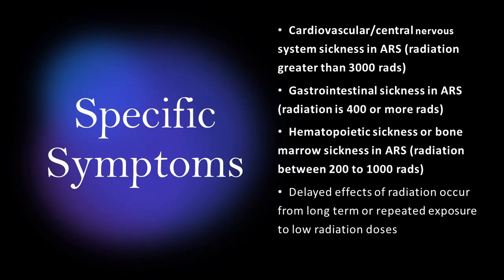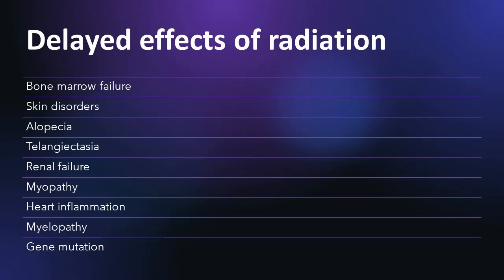The delayed effects of radiation include a number of signs and symptoms, including absence of menstruation or amenorrhea marked by infertility, anemia, leukopenia, and thrombocytopenia due to pancytopenia or bone marrow failure. There are multiple skin disorders such as skin redness or erythema, atrophy or sometimes thickness of the skin, which is called keratosis, and sometimes skin cancer may occur. Cataracts,